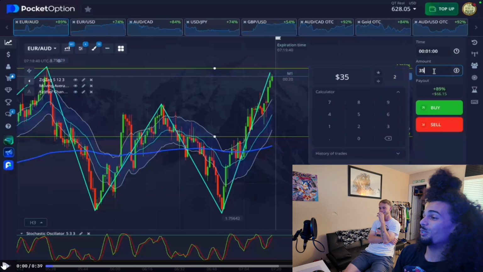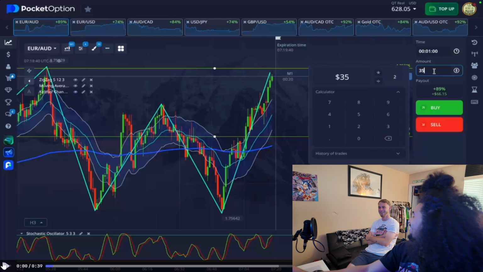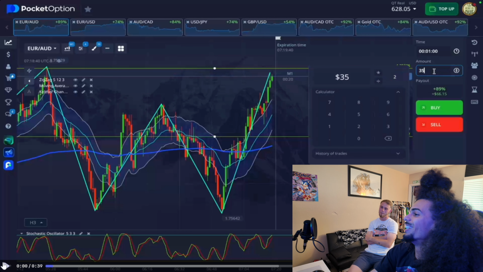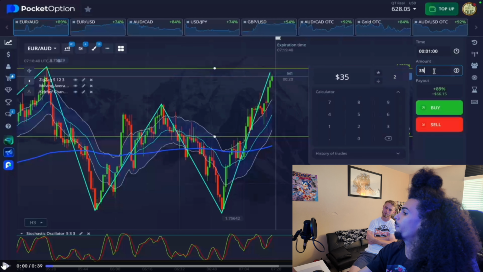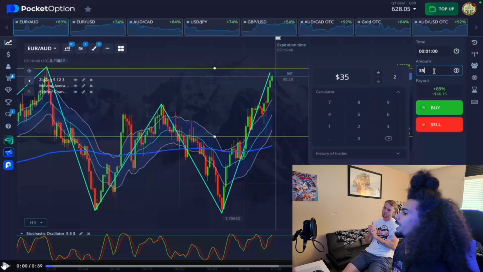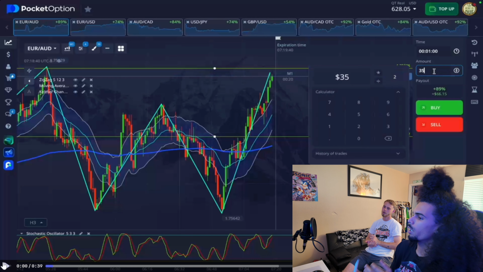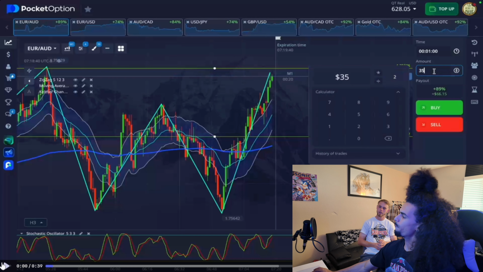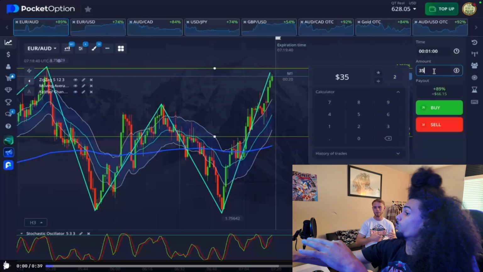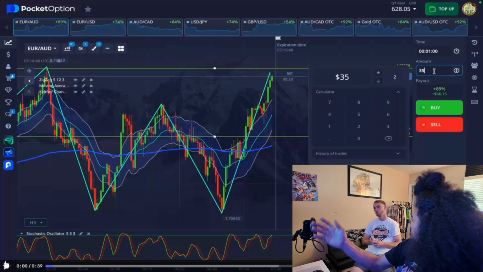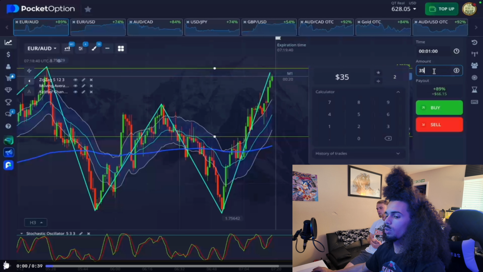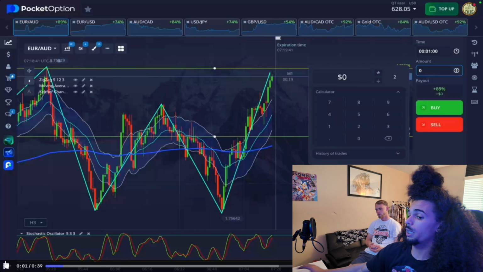Y'all thought this was going down like this one. Y'all thought this was this candle right here, but now before the finish, it swept back up. And then as that swept, it said, okay, now we got momentum to keep going upwards. Just made a lot of money right there. Yep, they recouped their money to be able to continue going. You know what I'm saying? So you'll see what happens. But to your point,